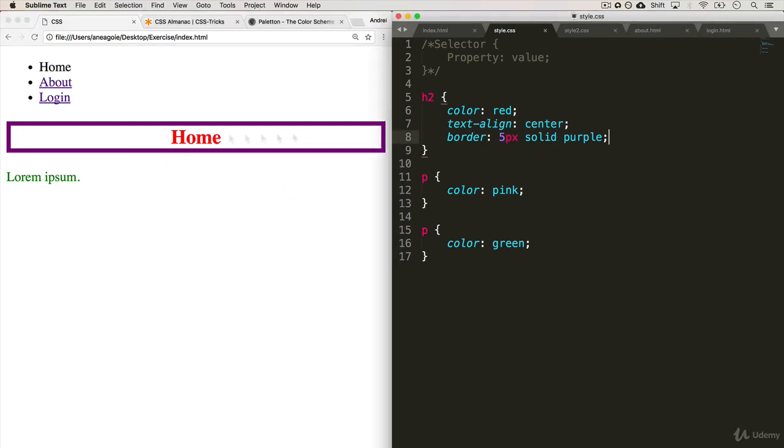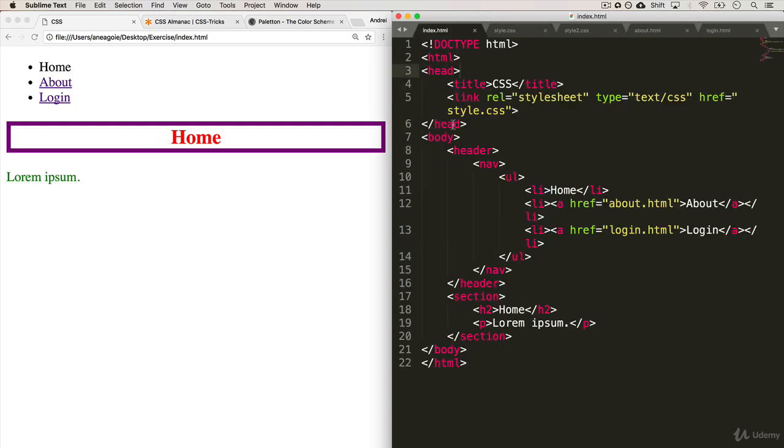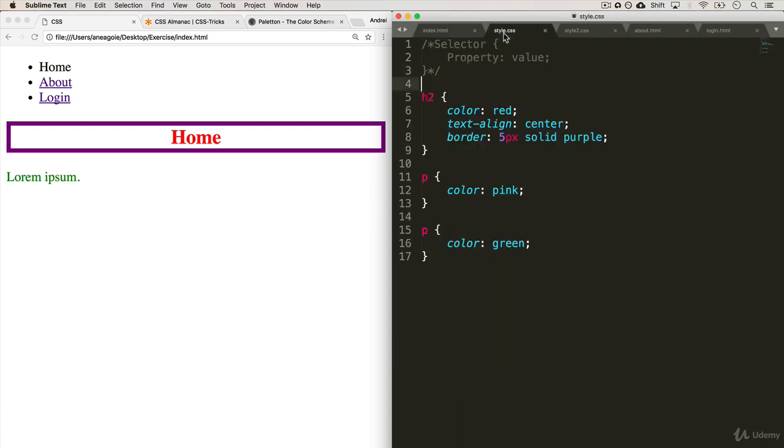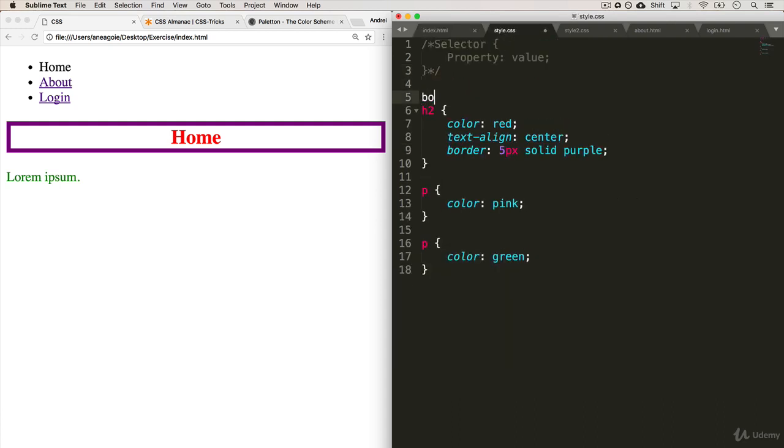Okay, what else can we do? It'll be nice to have an image, maybe an entire image for the website. So how do we do that? Well, the tag that we would want to apply it to is probably body. So if I go into body,